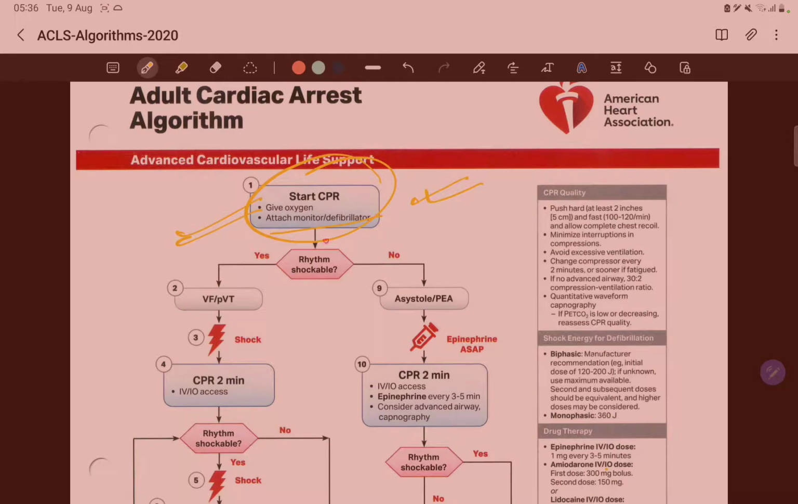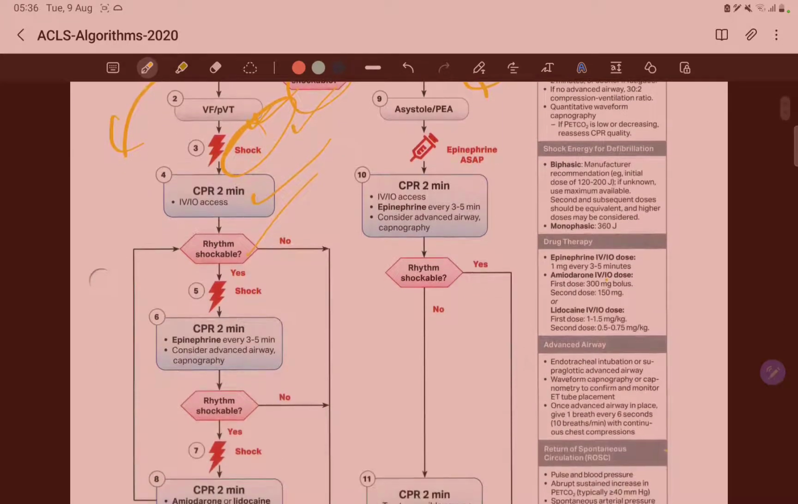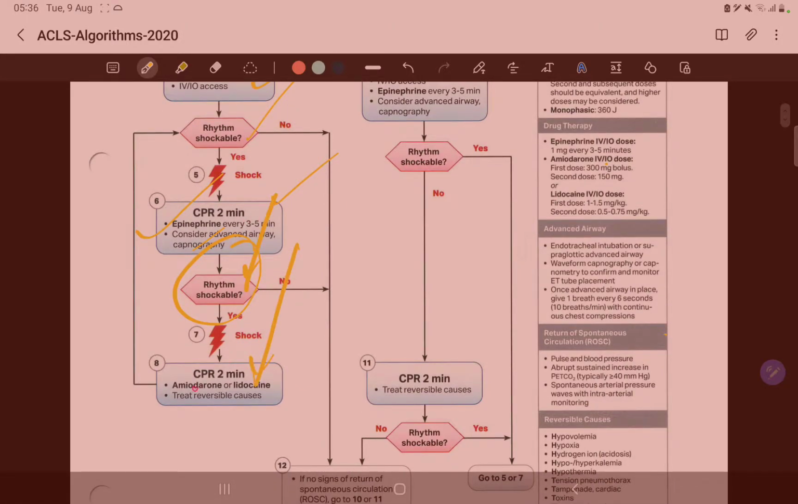The monitors are attached. We see whether the rhythm is shockable or not, and then we go as the process was there. If the rhythm is not shockable, then again we give epinephrine and start CPR. If it is VF or pulseless VT, then we start by giving a shock, then CPR, IV access, shockable or not, then CPR again, epinephrine, capnography. We discuss the underlying reversible causes. Then after the first shock we give epinephrine, after the second shock we give amiodarone